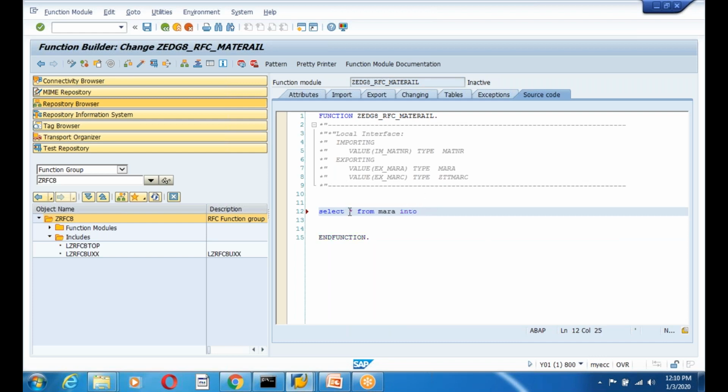So maybe material number, you always get one material for the material number. Select single star from MARA into, what is your exporting? EX_MARA, EX_MARA, where MATNR is equal to